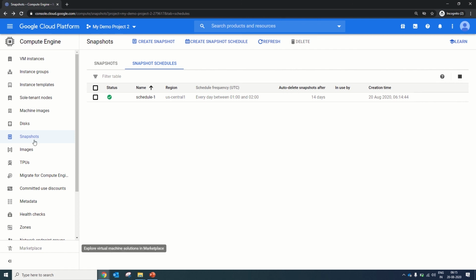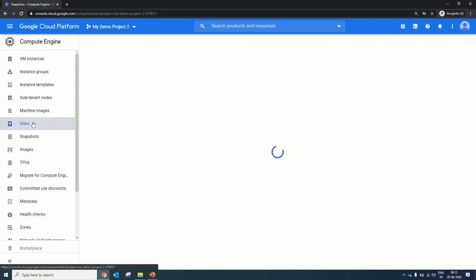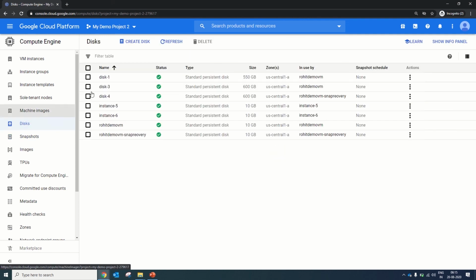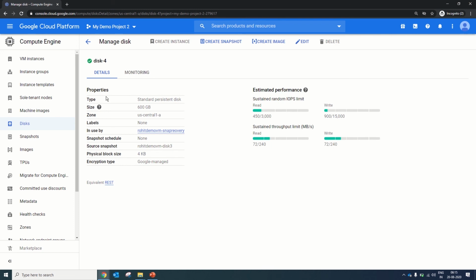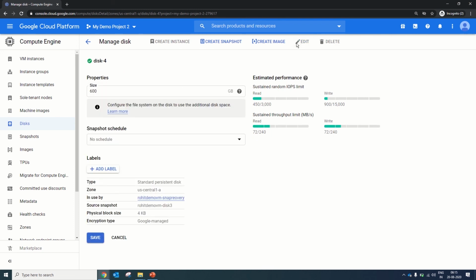For this, you need to go to the disk, and in disk, you can click any of the disk drives. Let's see, we will go with disk 4. And in disk 4, once you click on edit, you will get the option of snapshot schedule. It's saying no schedule.